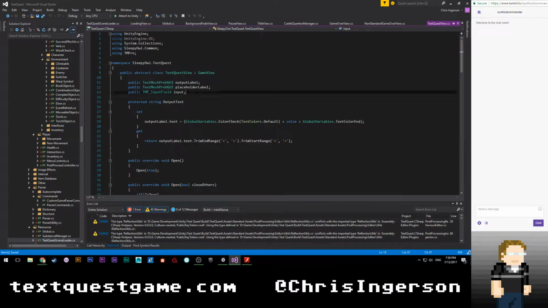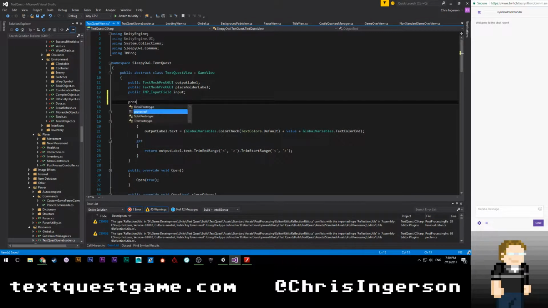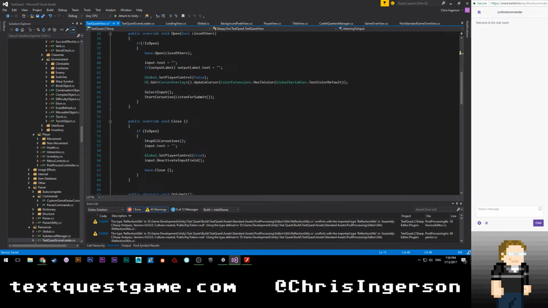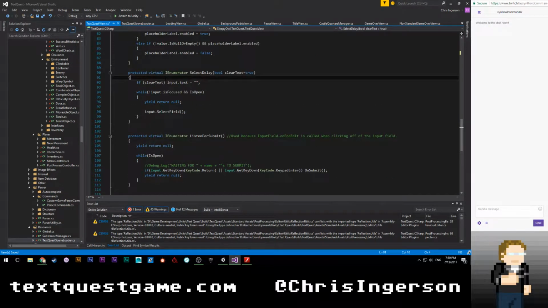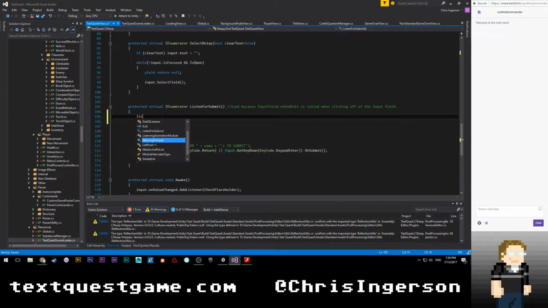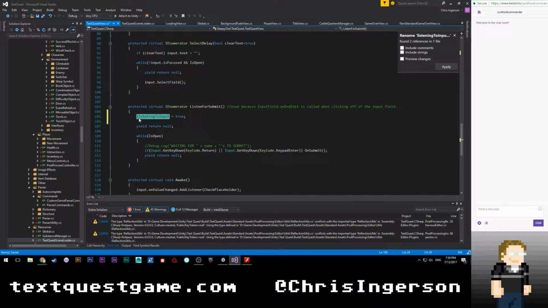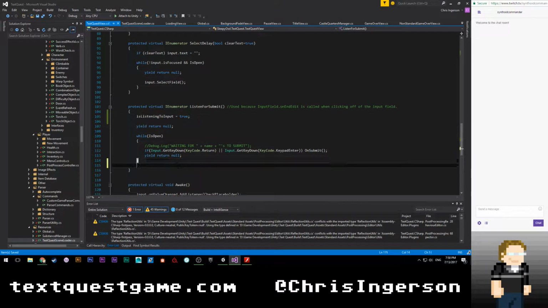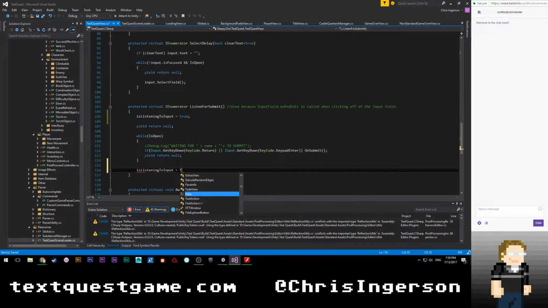Add a protected bool up here. Protected bool listening to input is equal to false. It's going to come up here, not select delay. We won't listen for submit. We're going to say listening to input is equal to true. We'll rename this to is listening to input, and then down here we're going to say is listening to input is equal to false. All right.